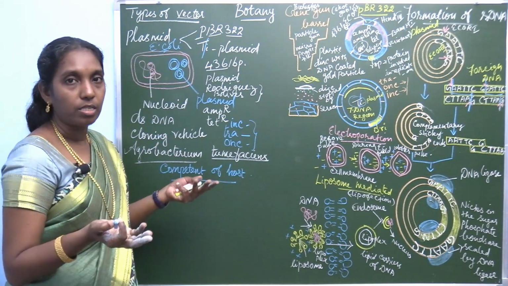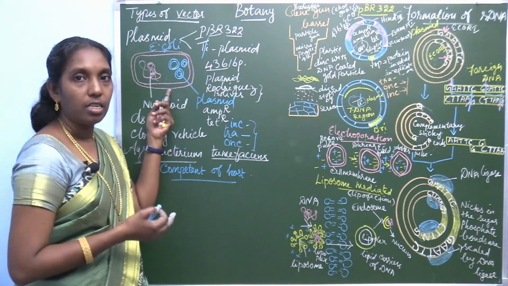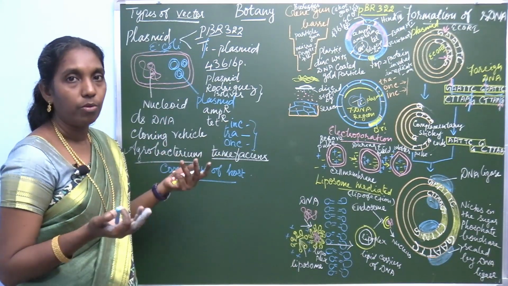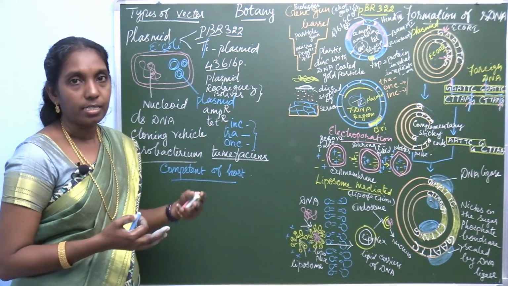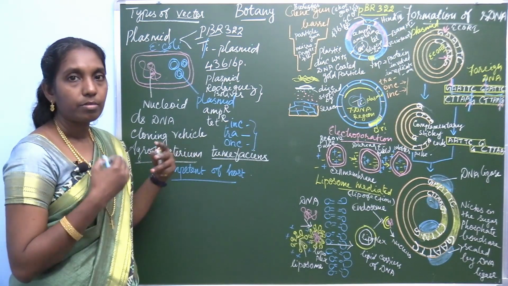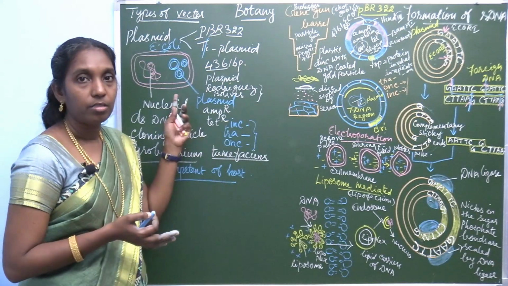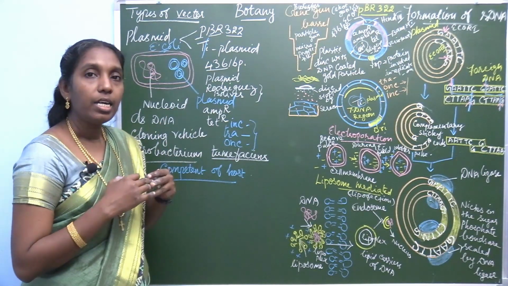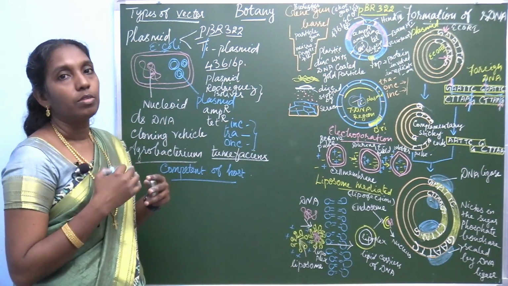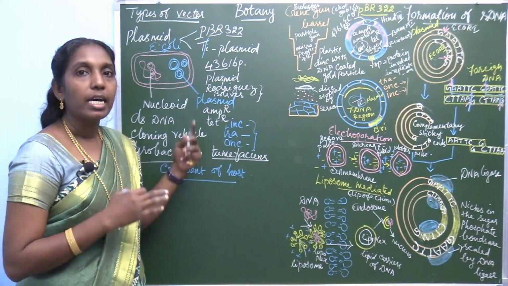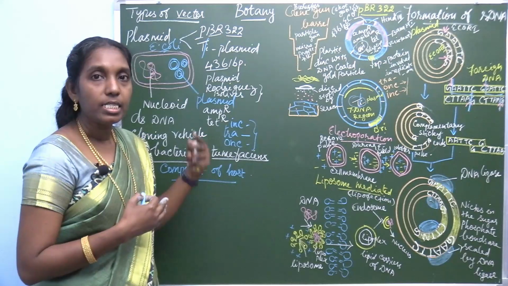There are so many hosts: plant cell, animal cell, bacteria, fungus, yeast or E. coli, any one. The most commonly used is E. coli because of some reasons. E. coli has been extensively studied, and a very important feature is that in optimum condition, it replicates within 20 minutes. The cell divides every 20 minutes.